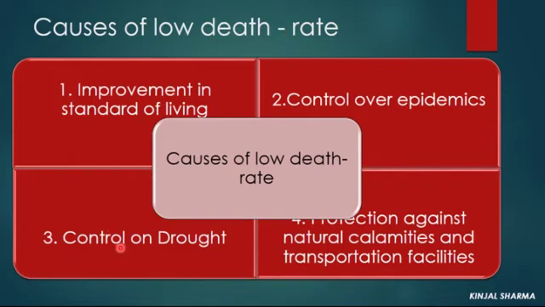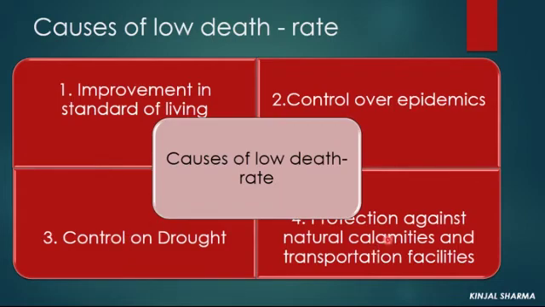Third one, that is control on drought. So science and technology led to control over drought. As a result, the death caused by hunger could be stopped. There was a considerable increase in the supply of food grains registered after year 1966, that is when the Green Revolution was introduced in India. And food grains we can easily transport from one place to another. That is, where the food grains are in abundant supply, we can supply them to the areas where it is scarce or where there is less amount of food grains. So we can prevent people from starvation related deaths.